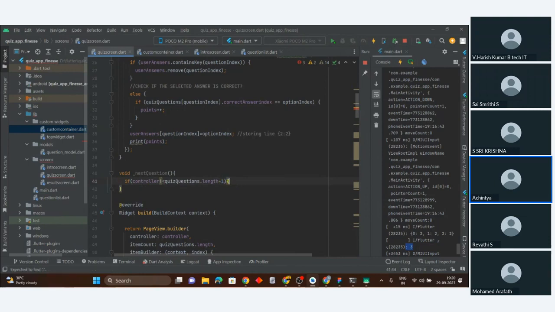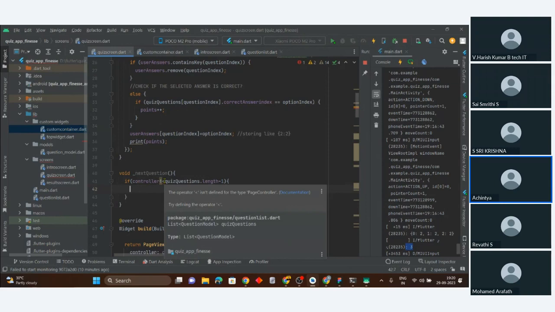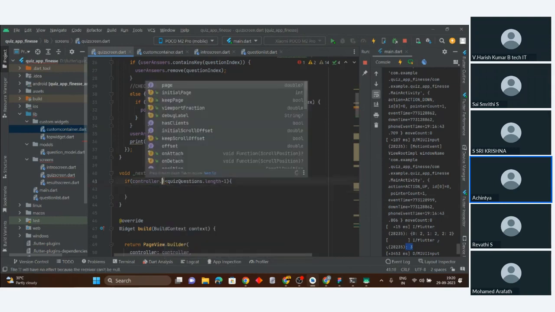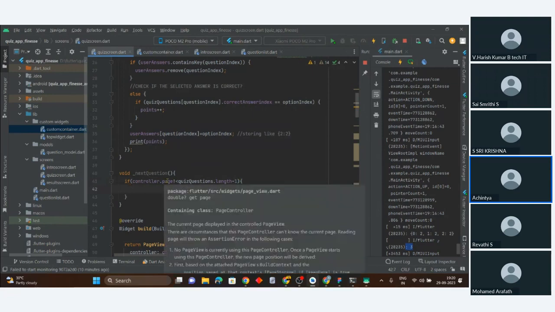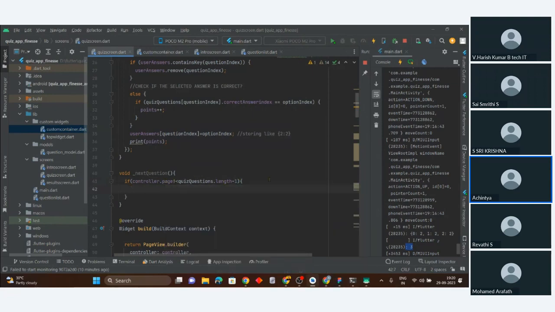Let me check once. Okay, fine. What is it saying? The operator isn't defined for type controller. Oh, sorry. Controller is a data type like that. So dot page you need to keep. When you put dot page, it will take that 0 1 2 3, the integer sort of thing. Okay, so now it is a sort of integer. Got it? And if this is equal to the length of all our quiz, then what we will do is,